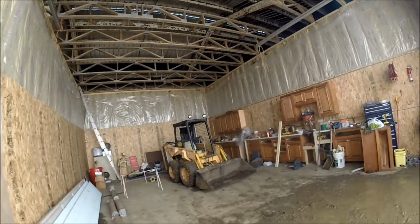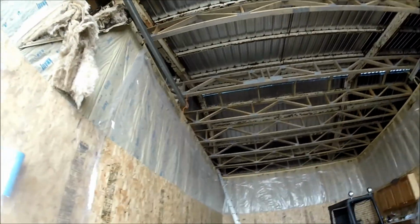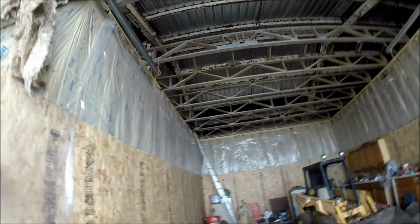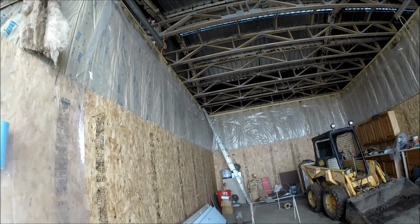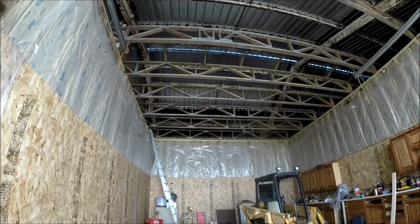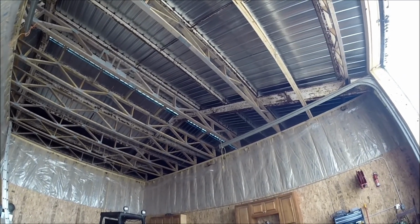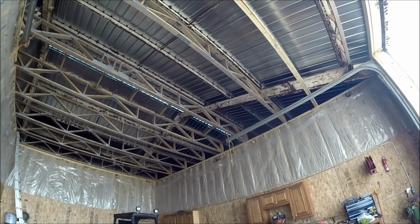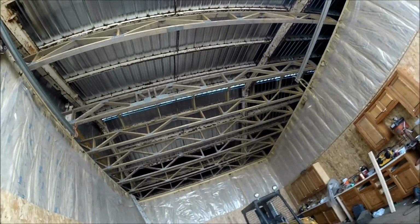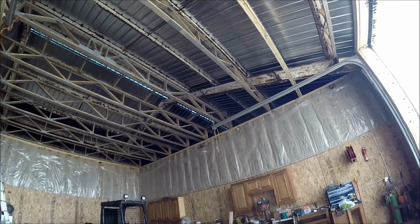But what I'm trying to decide right now is if I want to put the roof on before I mount the track for the door to the truss. Originally, I was just going to hang a straight piece down and just bolt that right up to the truss, but I kind of want to triangulate it like you'd see in most residential garage door applications, just because that'll keep it from swaying side to side a little bit. And so then that is going to take up more space, and it'd be a lot harder to cut the tin around it. Plus, when I'm putting the plastic up, it's going to be in the way. So I'm thinking that I'm going to put the tin up at least to that point first,